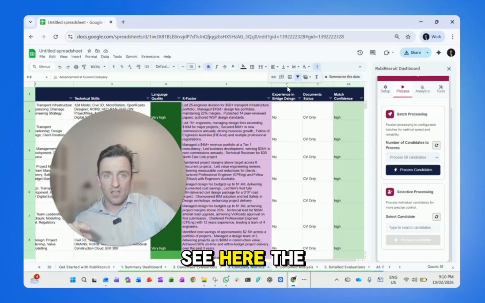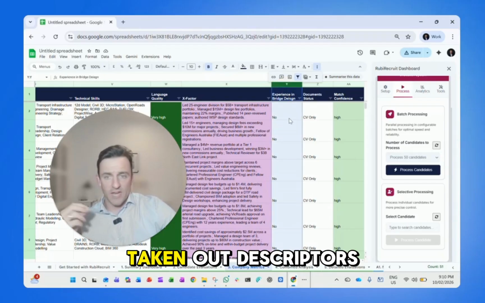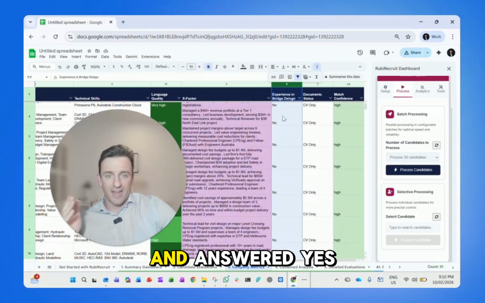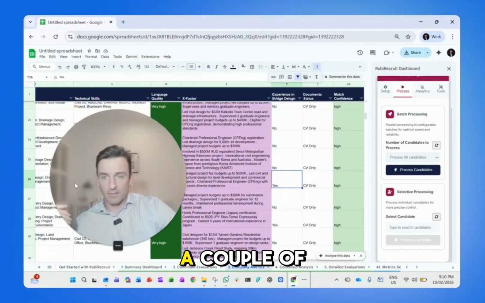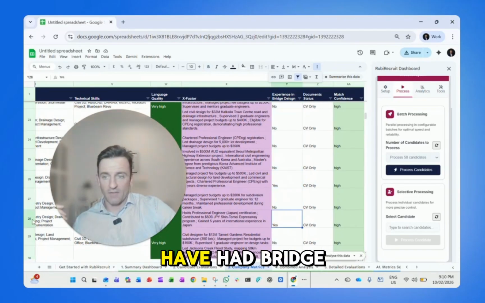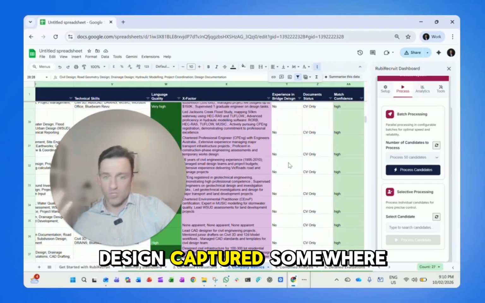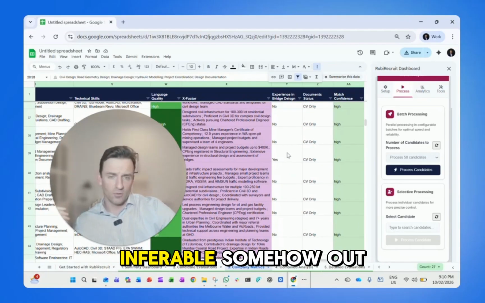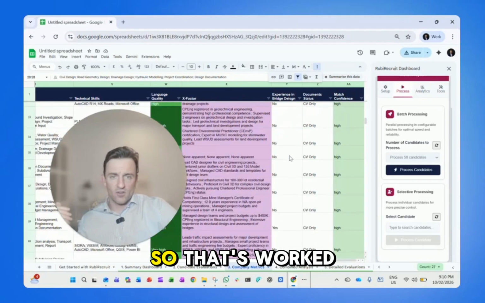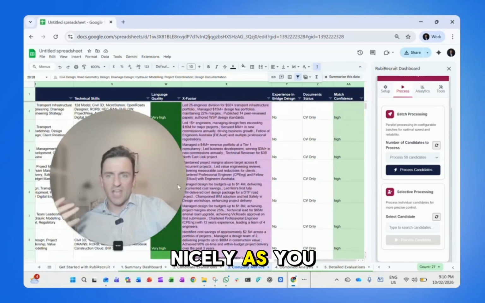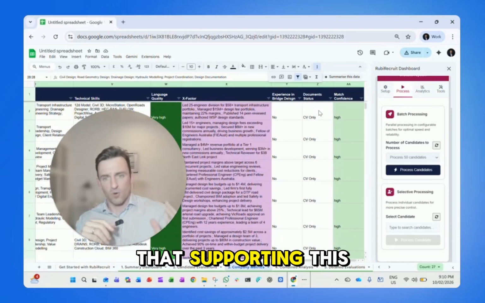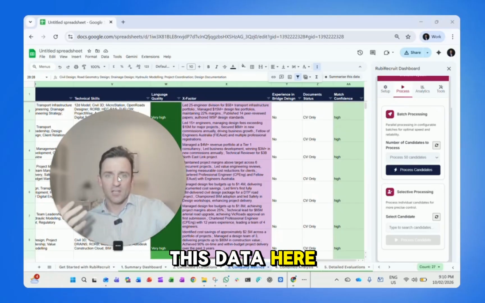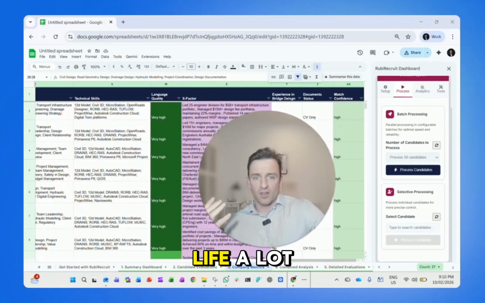So we can see here the large language model has gone through, taken our descriptors and answered yes or no, depending on whether the person has bridge design. So we've got a couple of candidates here that appear to have had bridge design captured somewhere in their CV, or it was inferable somehow out of their CV. So that's worked nicely. And you can see how, if you add in 5 things that are really important to you and you've got that supporting this data here,